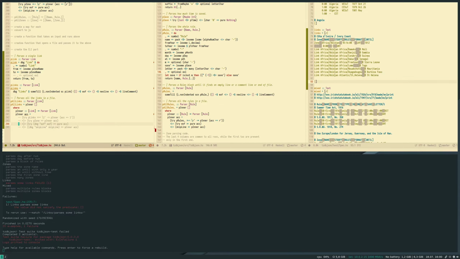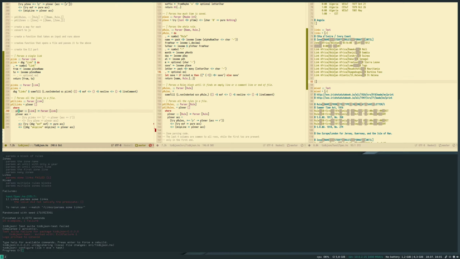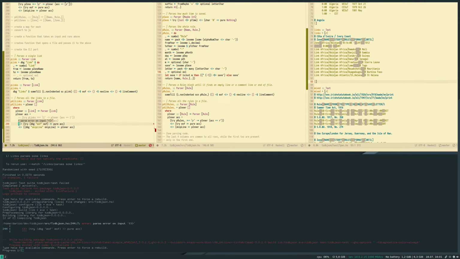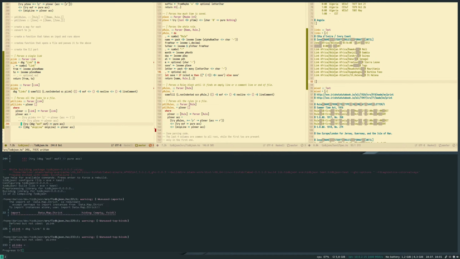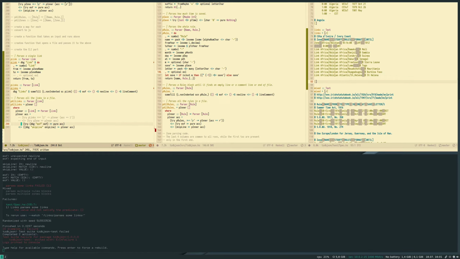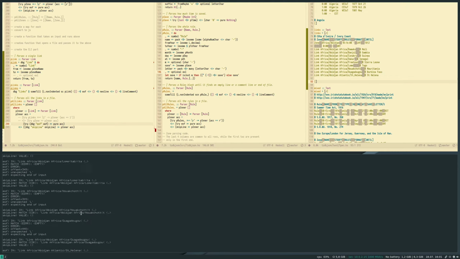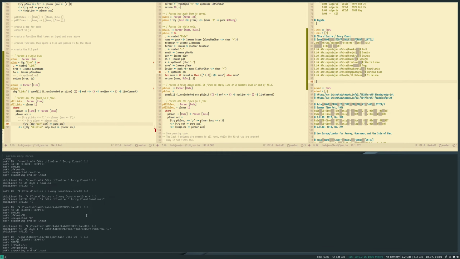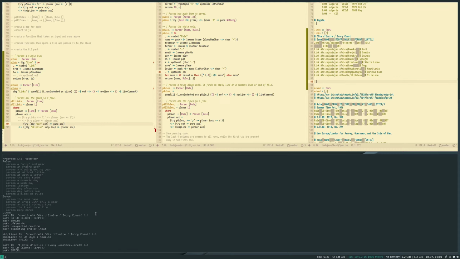So let's try this. Just try skipping the file until we get to the end of file. So you only get end of lines and skip lines. Okay, so we get end of file.